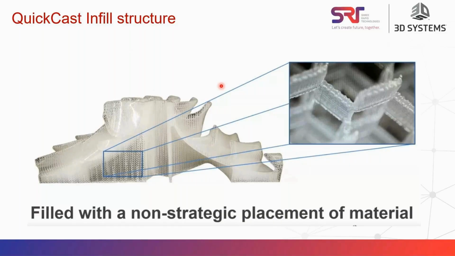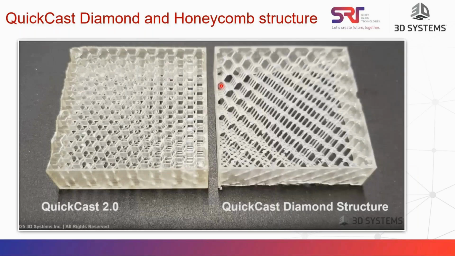This is an example of honeycomb and diamond structures. Initially they developed a honeycomb structure, which consumed more material and made it difficult to drain the material from the part itself. It has high stiffness because of the nature of the hexagon, where all the corners can be connected to each other. Later on they developed the diamond structure without compromising the structural integrity or stiffness of the parts. They developed the QuickCast diamond structures, which reduced material by almost 22% compared to honeycomb structures, and production time is 20% faster with diamond structures.